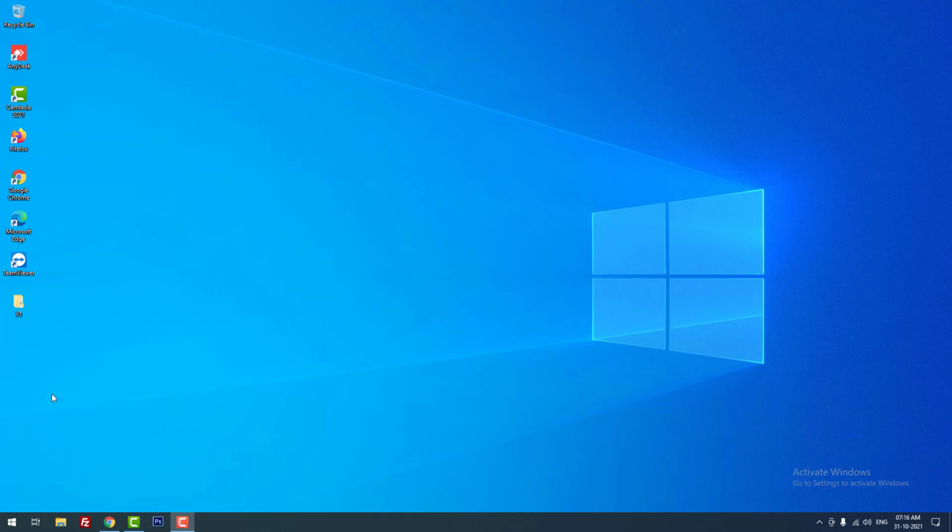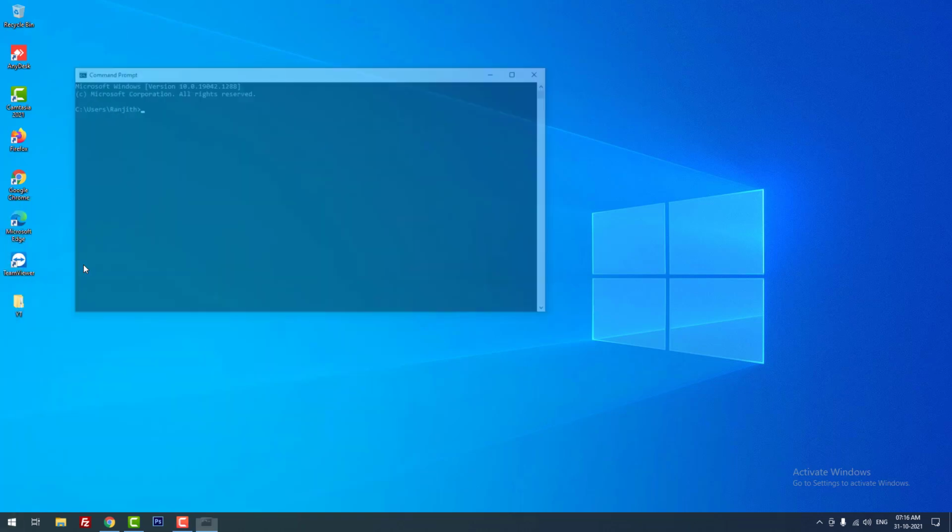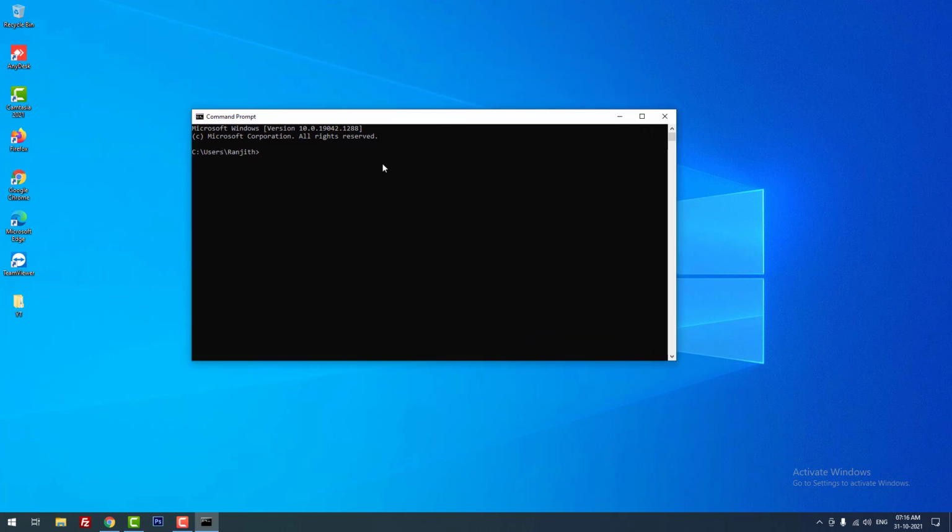Now I am going to check whether Python is successfully installed or not. For that I am going to open command prompt. Then I am going to use this command, python --version, to check whether Python is installed on my computer. When I click enter, you can see that it returns the output as Python and the version number. I am using the Python latest version 3.10.0, so it returned Python 3.10.0, right?